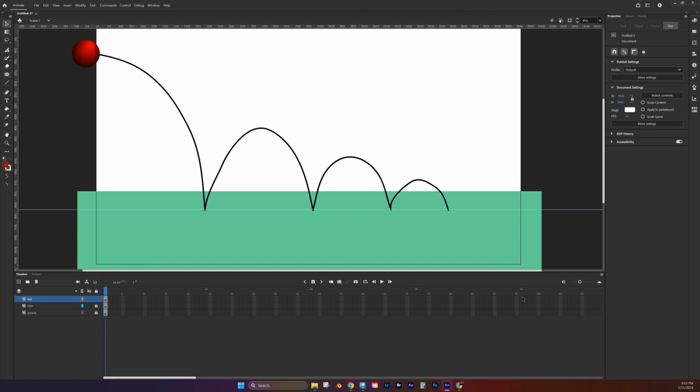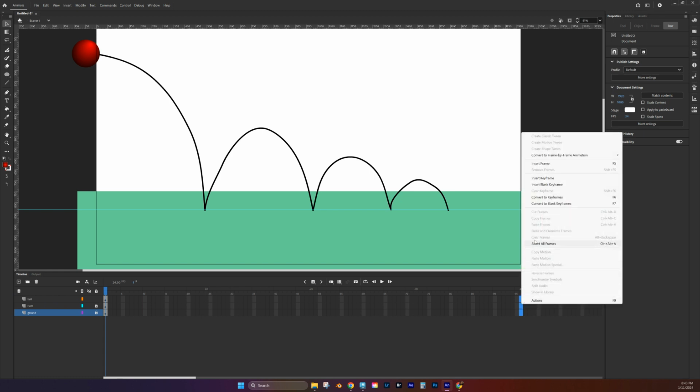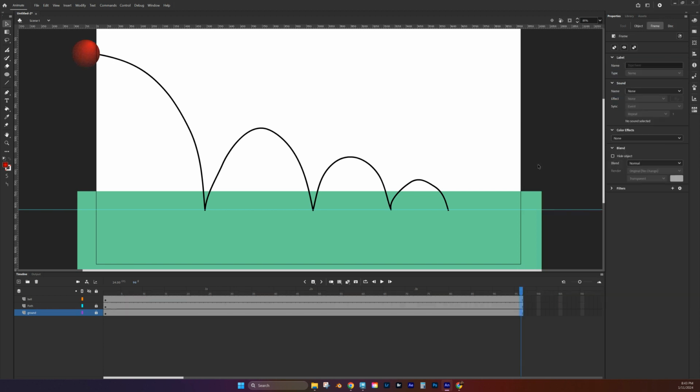I'm going to go out here, let's say to 4 seconds, and I'm going to click and drag down. And I'm going to press F5 on my keyboard, or if you right click, what F5 does is insert frames. That means you're opening up this timeline for animation. And so I'm going to go to insert frames, and now I've got a timeline set up for 4 seconds where I can animate